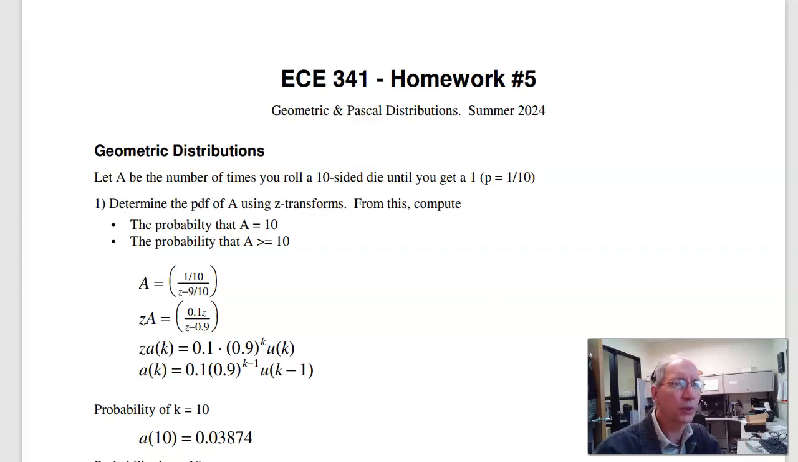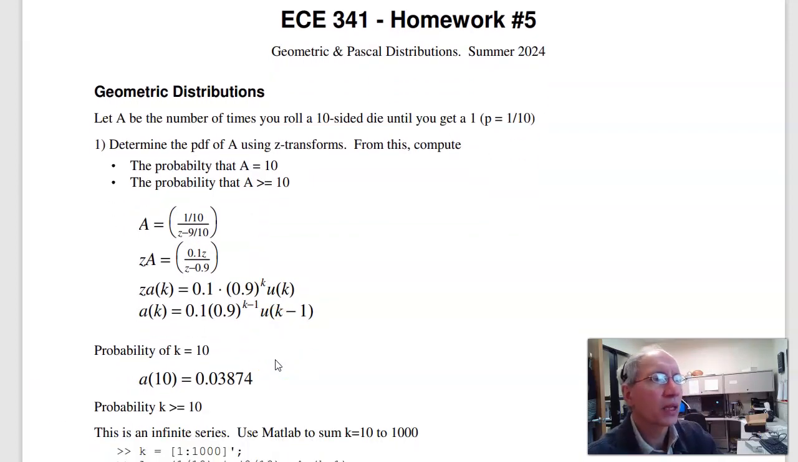Here are solutions to homework set number 5 for ECE 341 random processes. This homework looks at geometric and Pascal distributions. Now, a geometric distribution is when you flip a coin until you get a success. A Pascal is you flip a coin until you get R successes. So starting out,